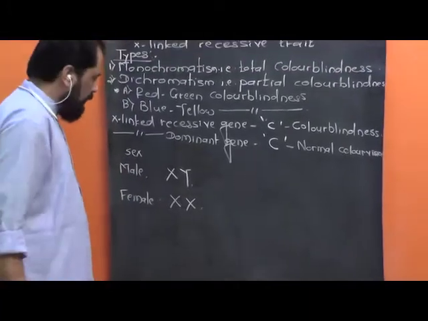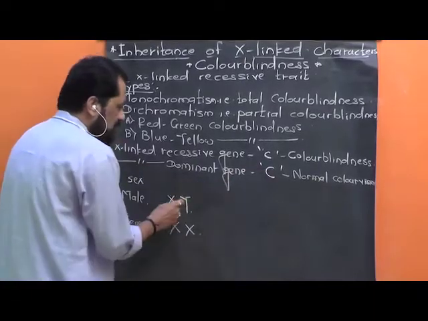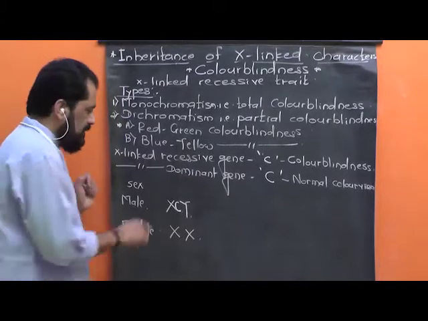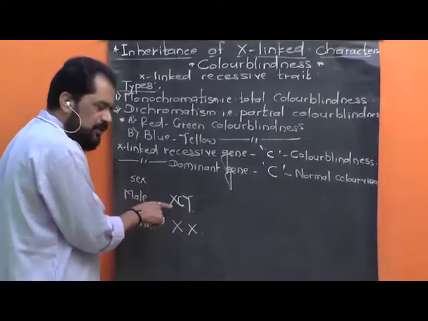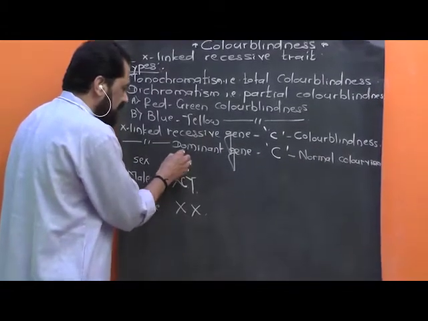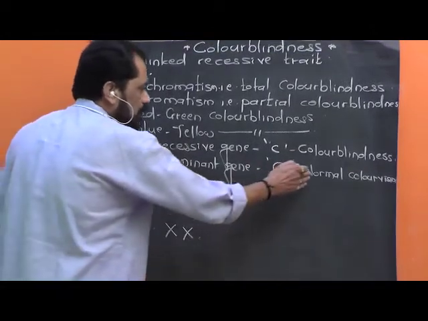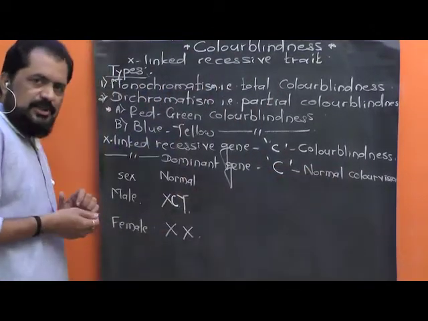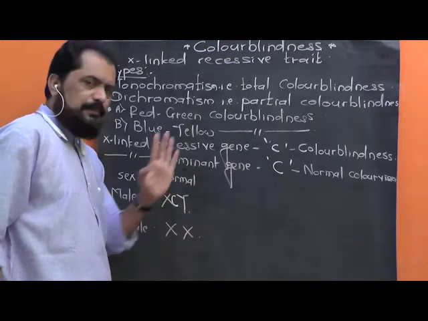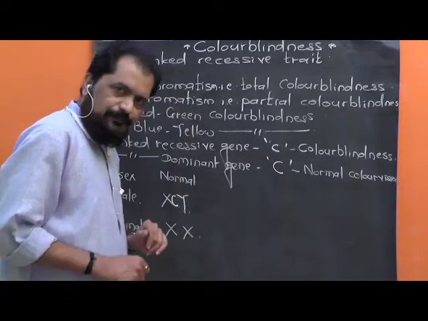Now, if in male individual normal dominant gene is present on the X chromosome, then such male with genotype X capital C Y is considered as normal male, that is the male with normal color vision. ज्या मेल इंडिव्हिज्युअल मध्ये X क्रोमोझोम वर हा डॉमिनंट जीन प्रेझेंट असेल असा मेल हा नॉर्मल कलर विजन दाखवेल, आणि